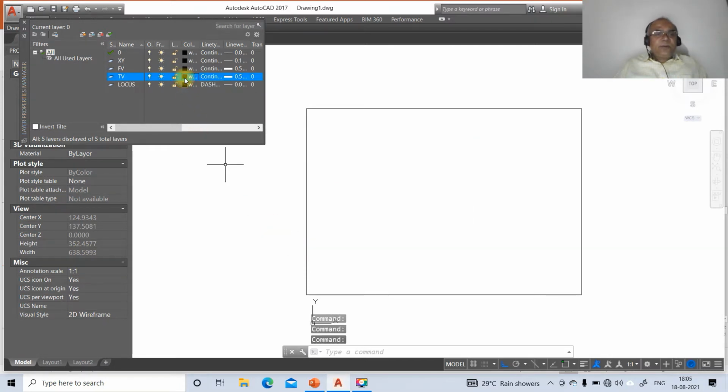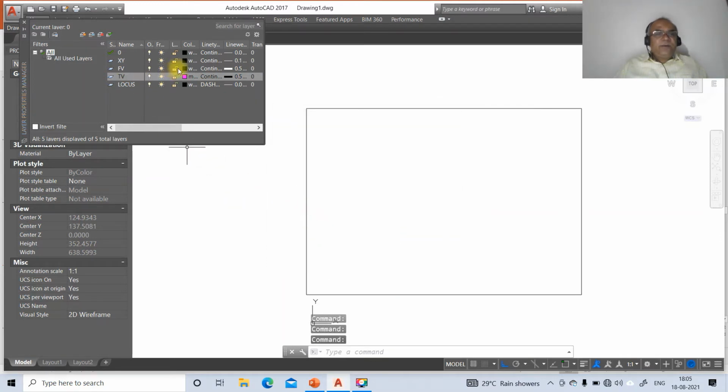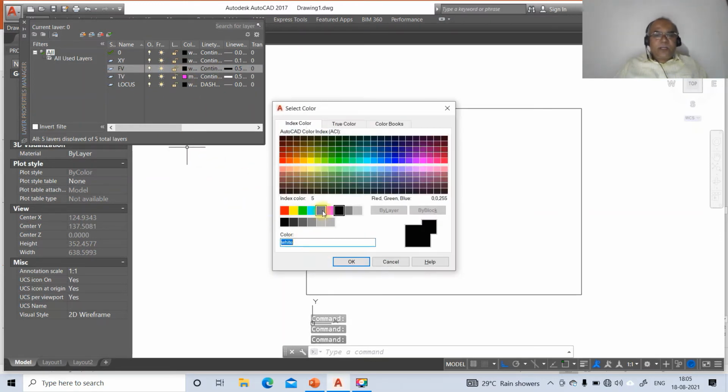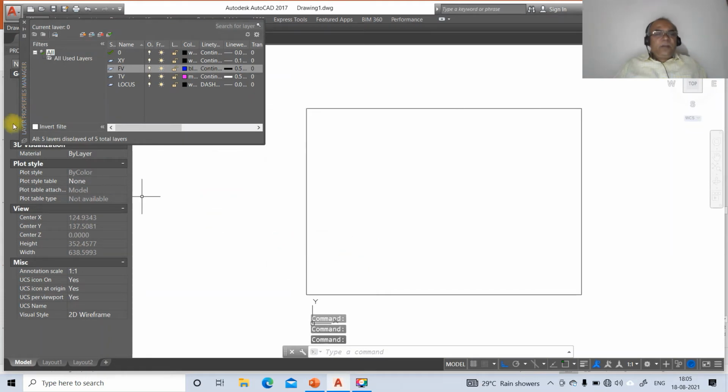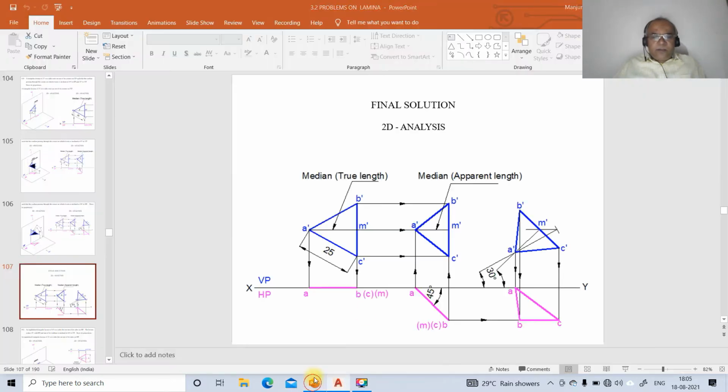Then the top view will have a magenta color and the front view will have the blue color. And then close it. Now we go for writing the front view of the polygon of 25